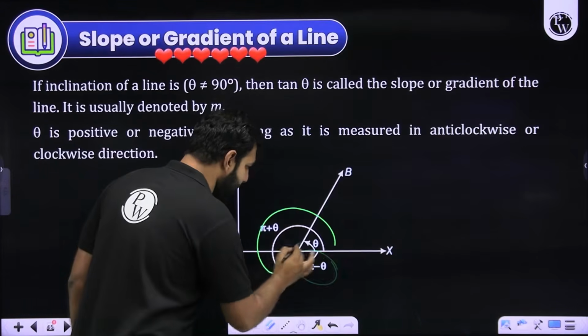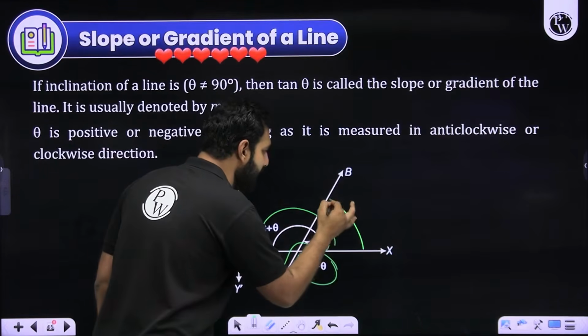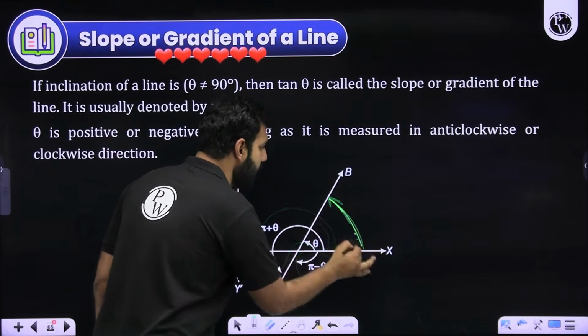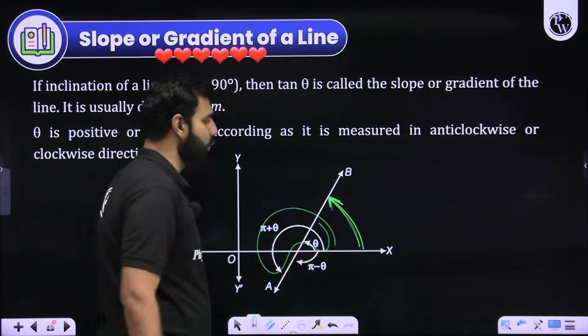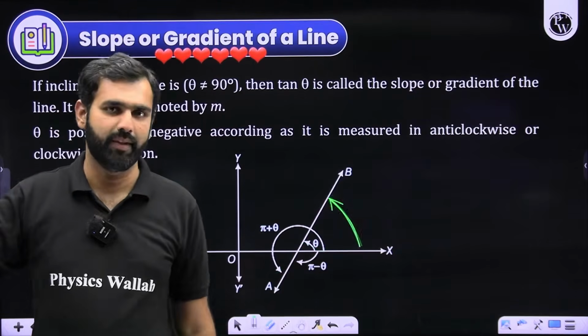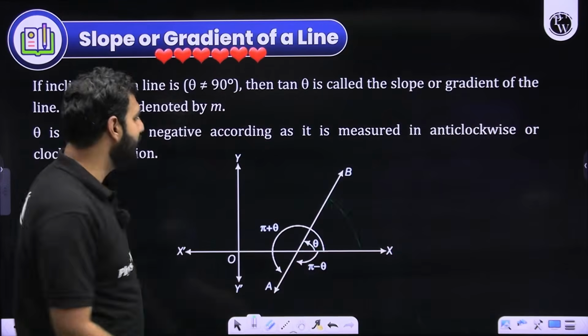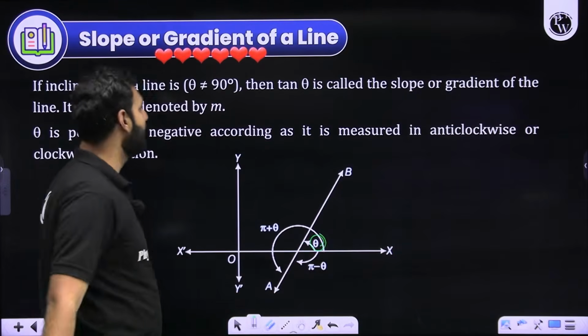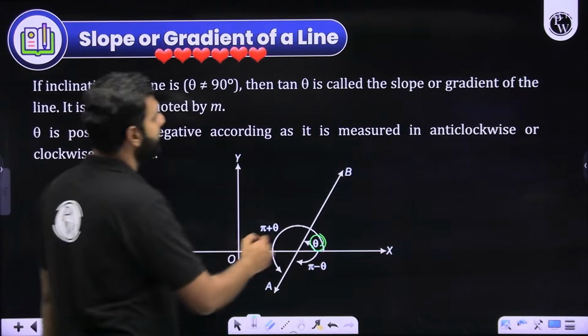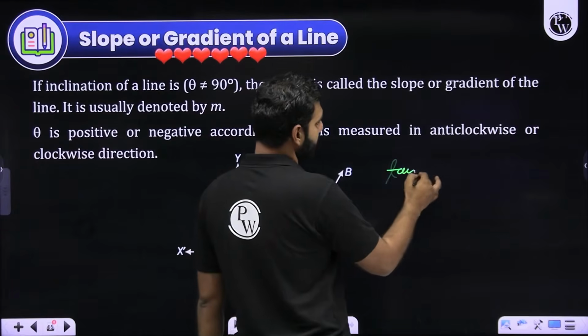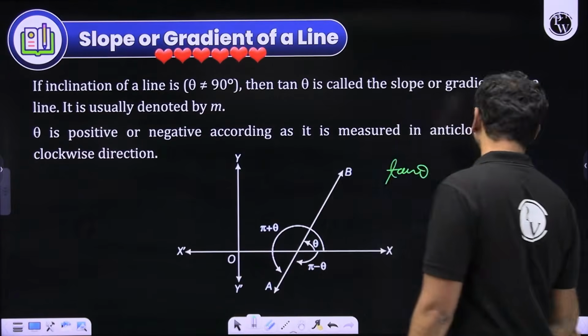I'll not call this angle the inclination. No, I'll call this anti-clockwise direction inclination. And the first time I meet this line will be called the inclination of this line. Let's call it theta. And if I take the tan ratio of this theta,